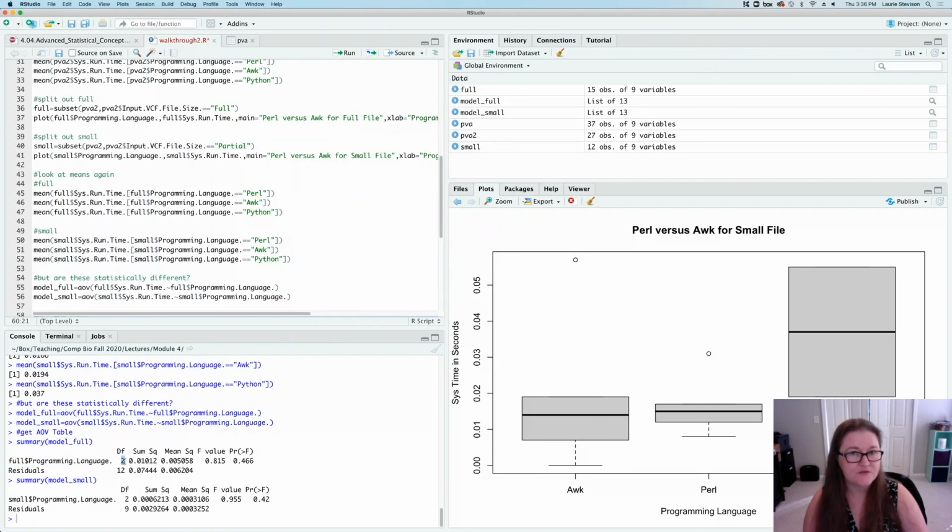Our degrees of freedom is 1 minus the number of levels that we have. So we have 3 different programming languages, so that's 2 degrees of freedom. We have sum of squares, mean squares, and some sort of F value. And then over here, we have a probability. And this is the probability that the difference in the programming languages predicts that difference in the runtime that we're